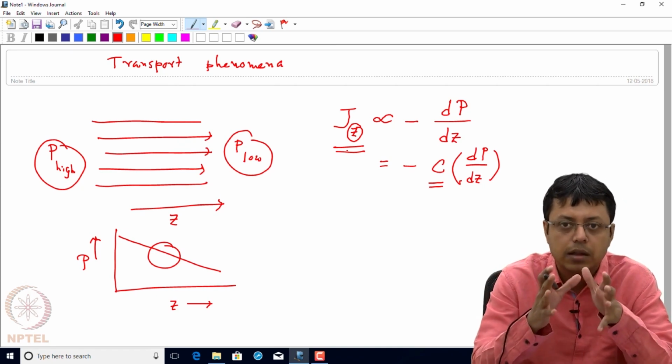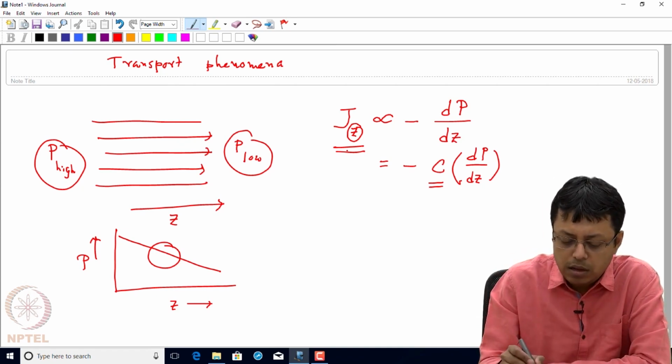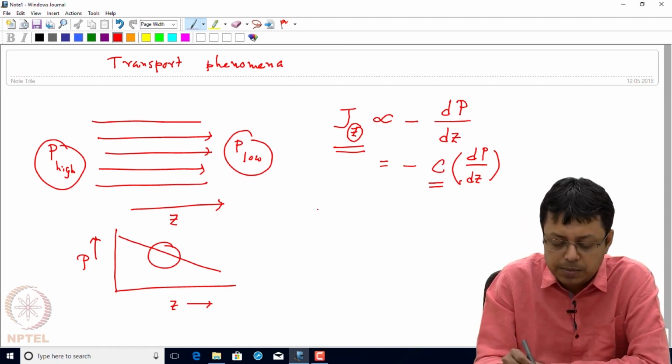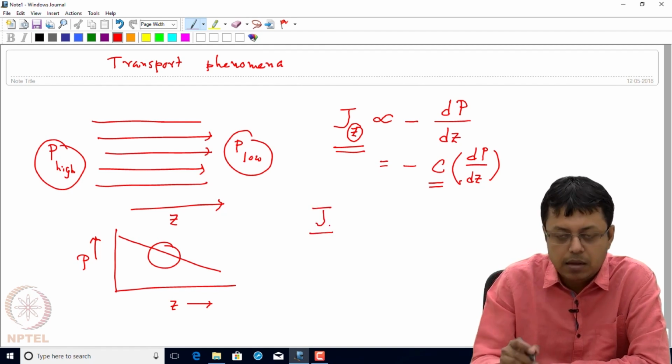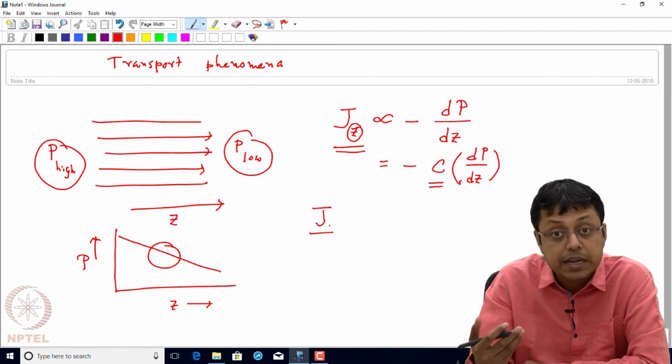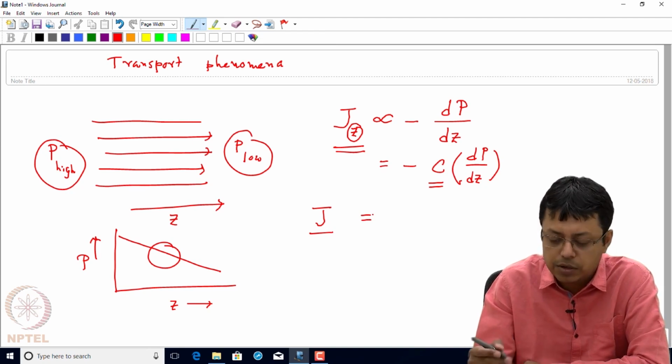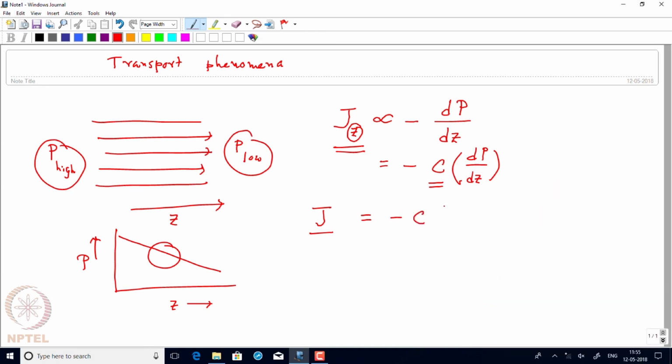So this will be our general formulation. Now although flux, the way we have written it, is a scalar, strictly speaking it's actually a vector quantity, because it's a transport in a particular direction. Truly speaking, if you want to write it properly in vector notation, we have to consider the gradient of pressure, where this gradient is nothing but the spatial gradient, which is itself a vector,